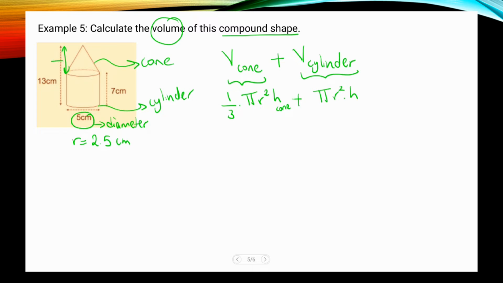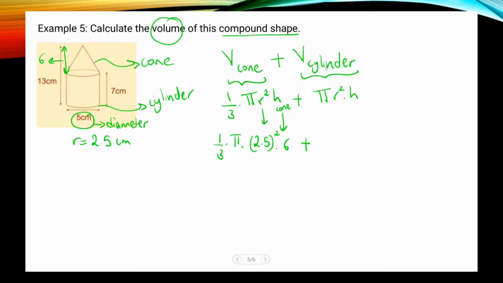And this is 13 minus 7, which is 6. So I put here 6, I put here 2.5, take its square and write down the rest,